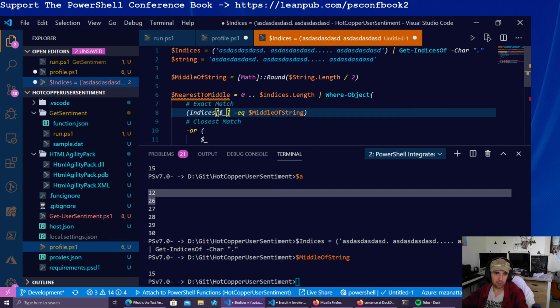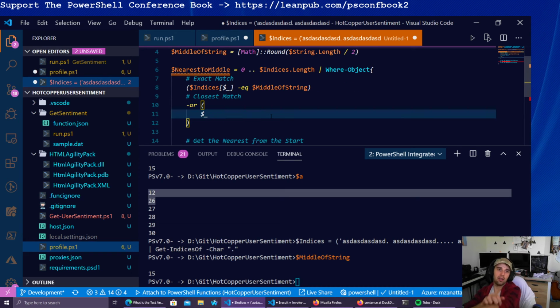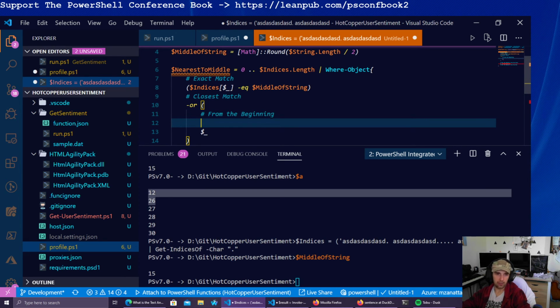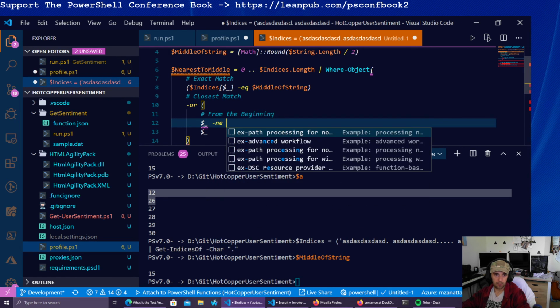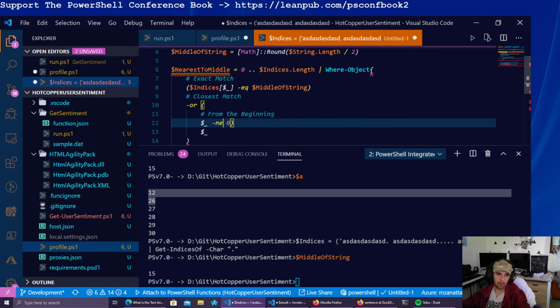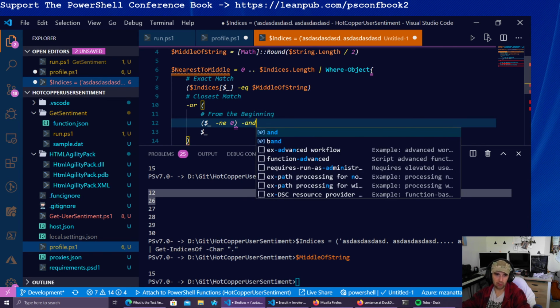I'm going to use an index because we actually need to look at the previous value, so we can say or, and then because we need to do a closest match from the beginning, we can say is not equal to 0, because we can't look backwards if it's not equal to 0, and